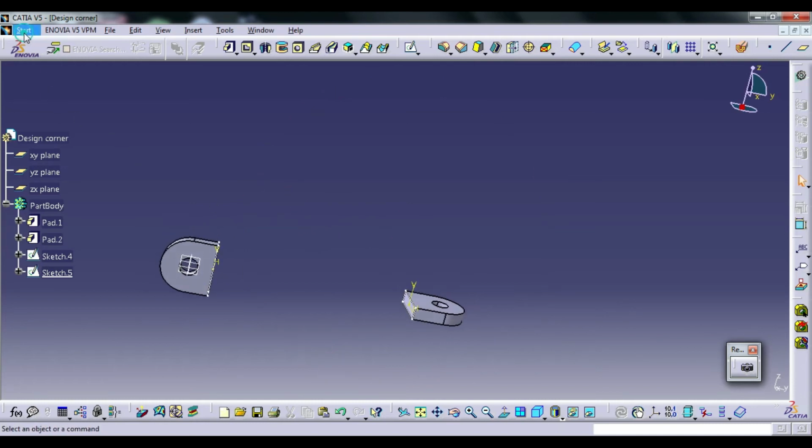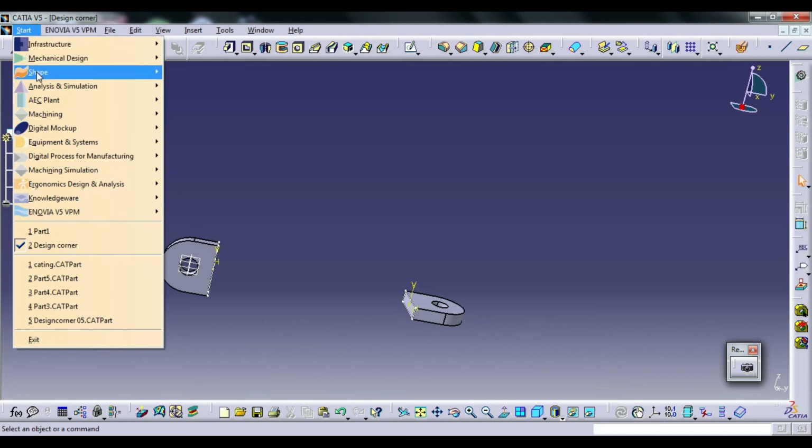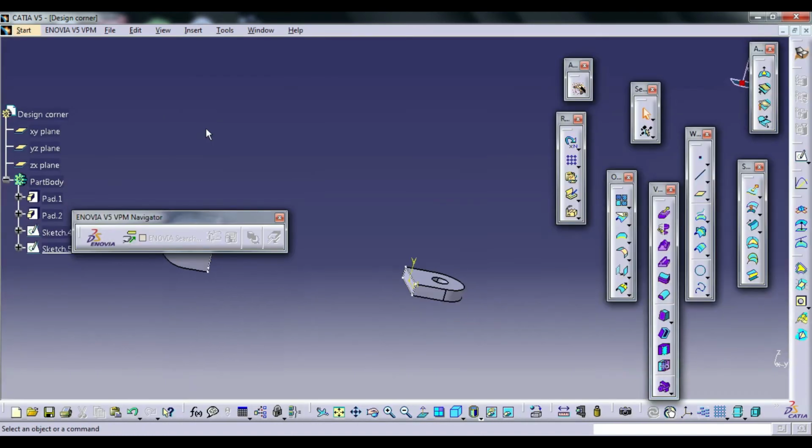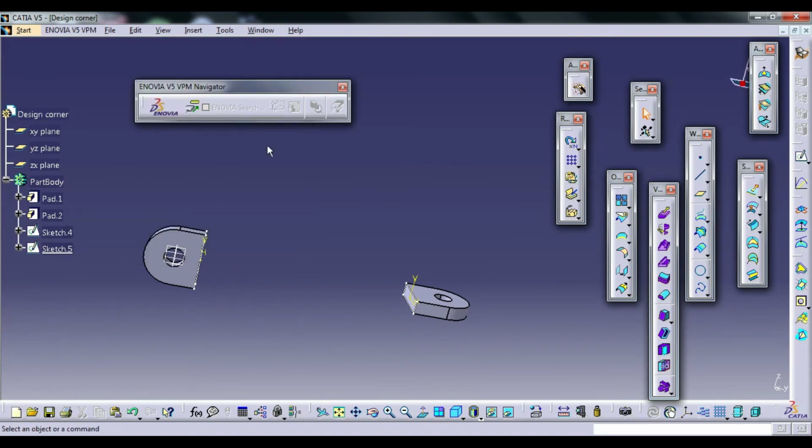After that, click on the Start button and go to Save, then click on Generative Shape Design. We have more tools here on the side.